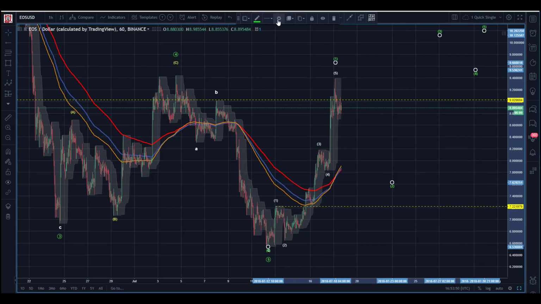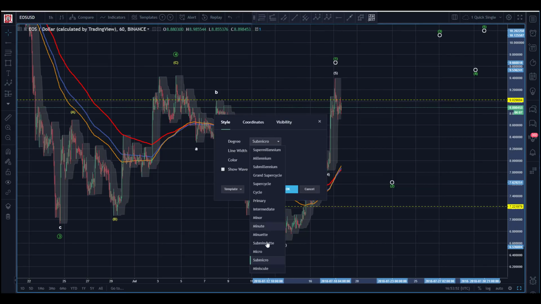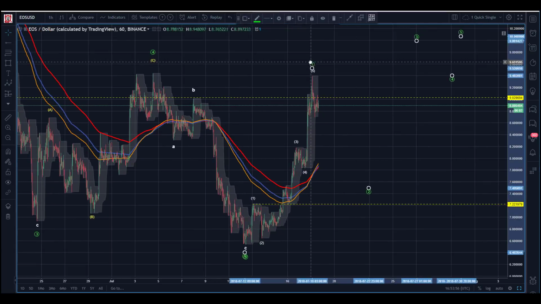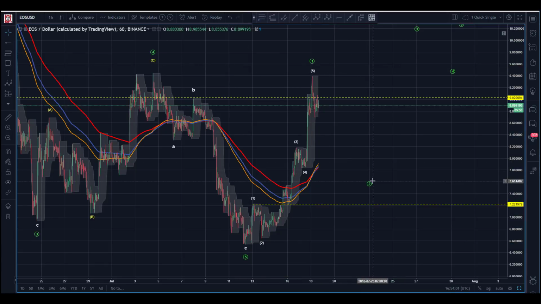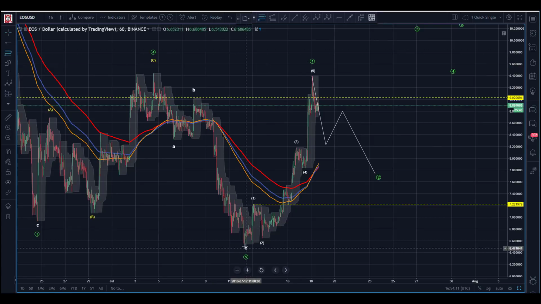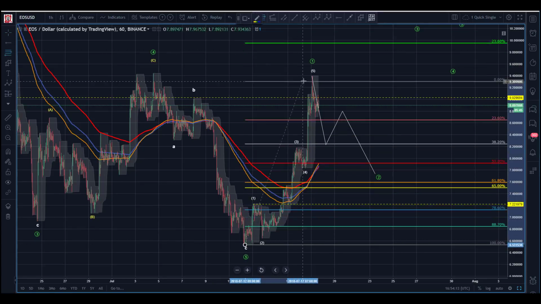We'll go to green. Let's go up a degree. So it makes sense. All right, we'll go to the green here. So I've got a candidate here for a one wave. So what are we looking for? Of course, as I've shown countless times here, we're just looking for 3 waves to come down and give us our B, or pardon me, our 2 wave. So if I think, okay, I've got a candidate here for a completed 1 wave.